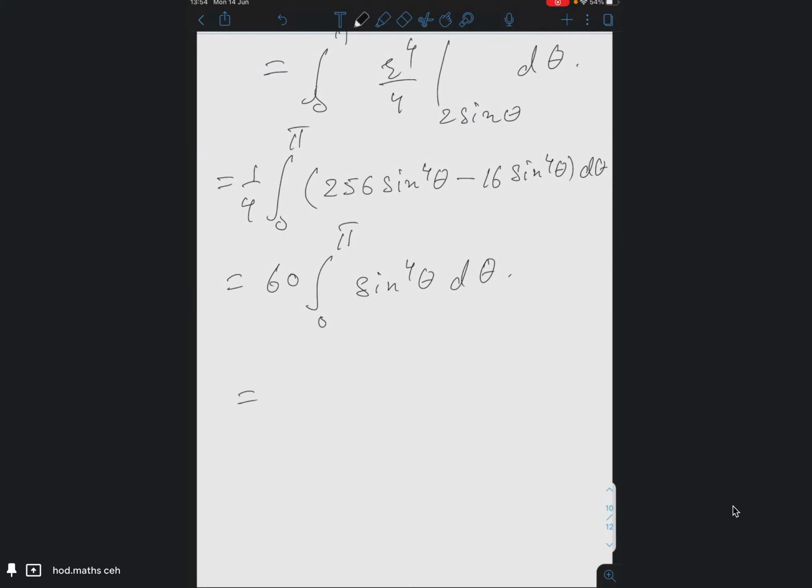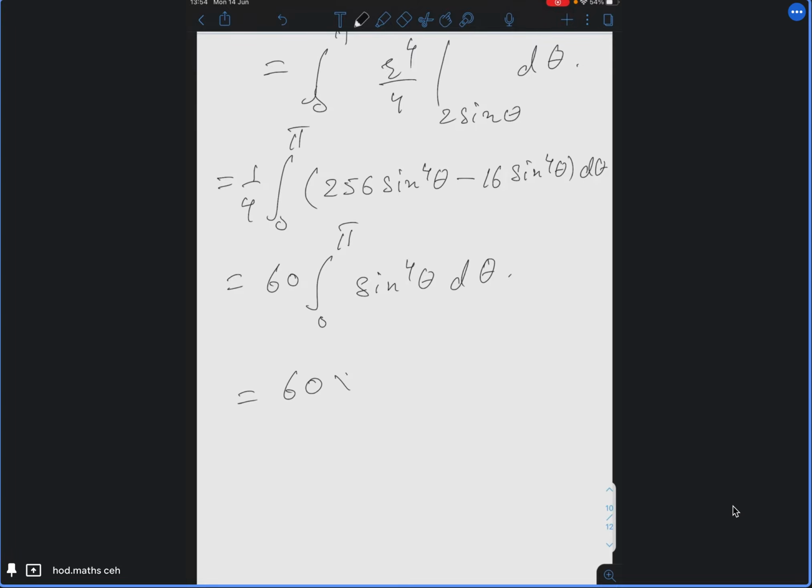The result for this one can be written further as 2 times the integral 0 to pi by 2. I'm using beta, gamma functions here. I have divided the integral into two parts, 0 to pi by 2 and pi by 2 to pi. The same I will get, so 2 times the integral 0 to pi by 2, I have written sine to the power 4 theta d theta.